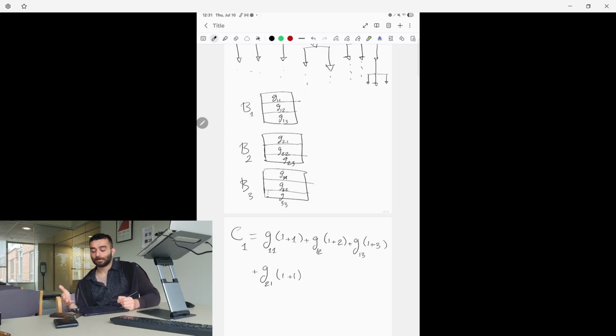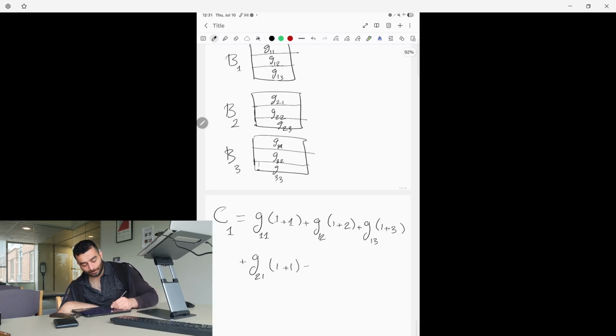Each G is also like the percentage of the users, plus G22 2 plus 2, G23 2 plus 3, plus G31